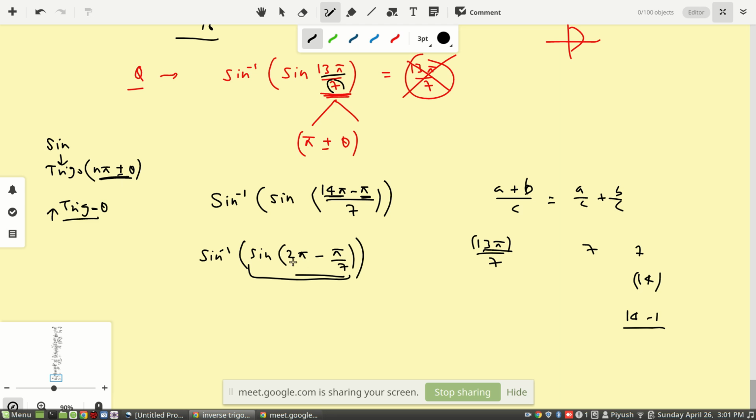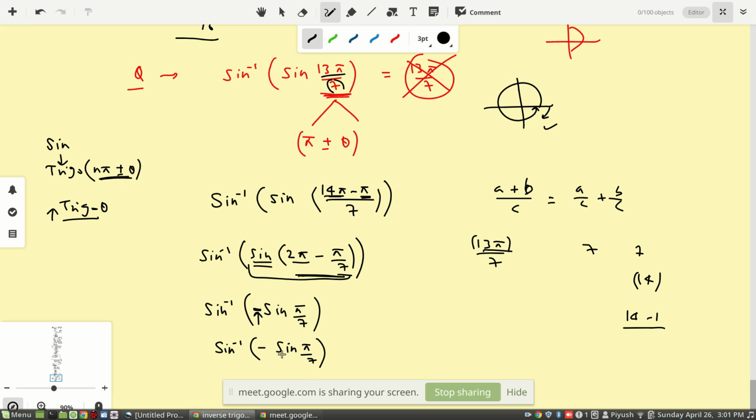Let me follow that methodology. Here we know that for n pi plus or minus theta, it doesn't matter, this trigo is not going to change. So this will be sine inverse of sine of this angle, which is pi by 7. And then at the end you have to decide the sign. Let's see where you're going. 2 pi minus theta. First of all, 2 pi means one circle, and then minus theta tells you to go back by some value. So overall you are in the fourth quadrant. In the fourth quadrant, sine is negative. If it's negative, you have to put negative here. So finally we are getting sine inverse of minus sine pi by 7.